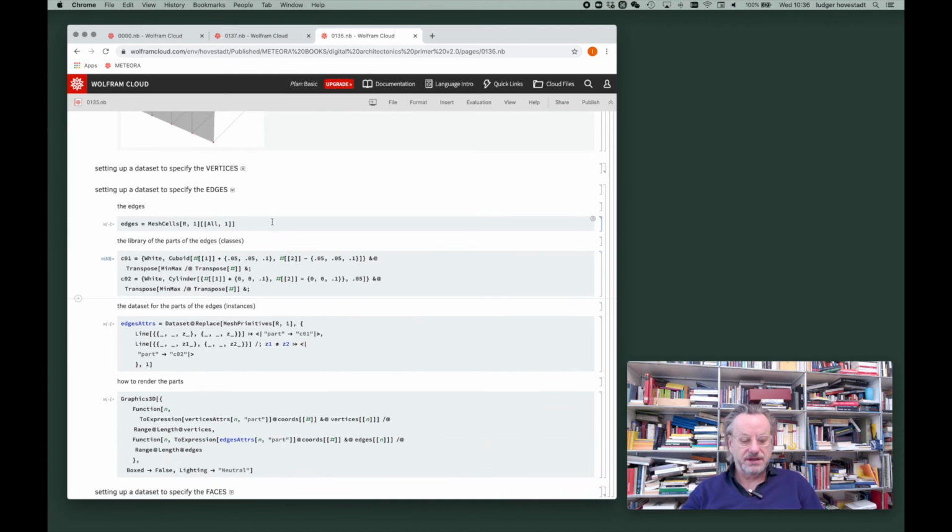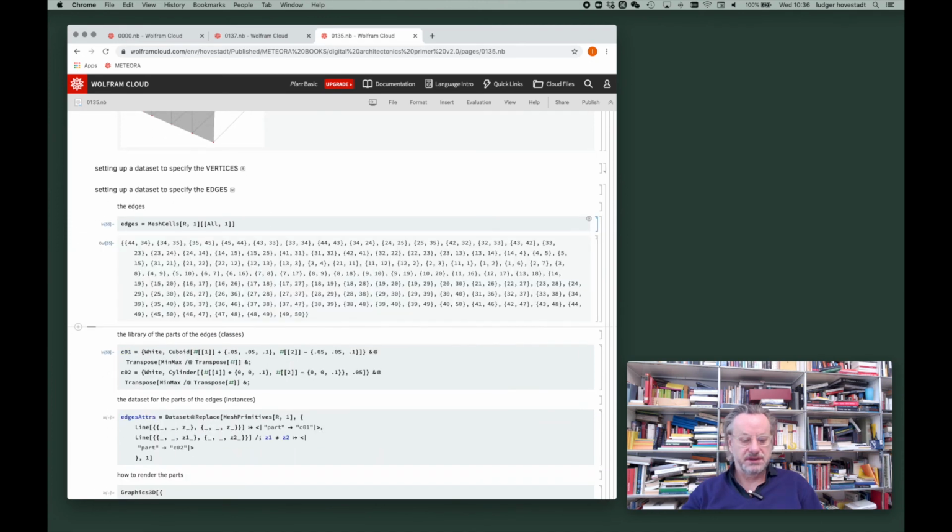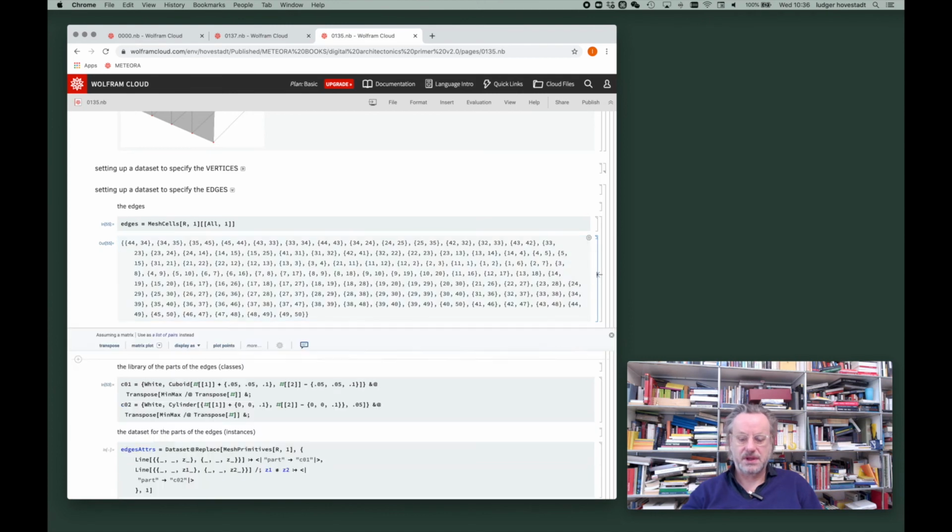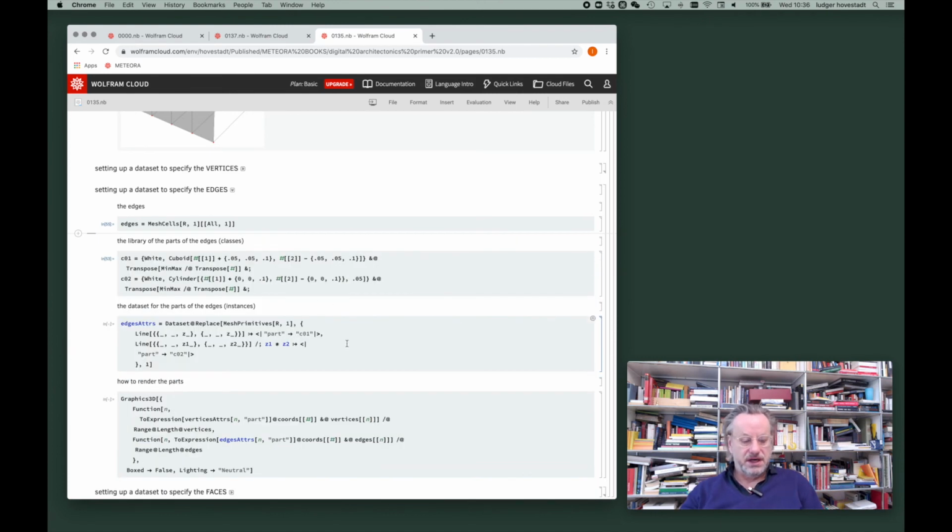We put the edges and see these are the edges. And now we make a data set, we take all the primitives of the lines. The primitives are, in comparison to the cells, the primitives don't give the index of the vertices, but the coordinates of these elements. So that's directly with the coordinates. And then we say if, and now we have, this is again a key,